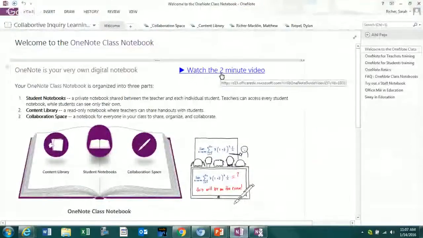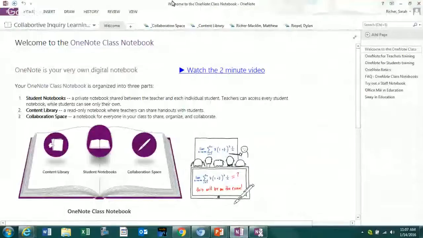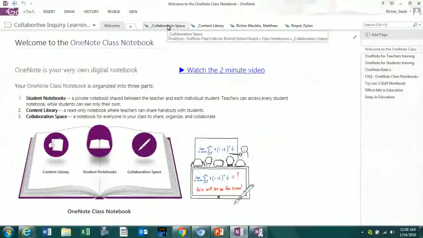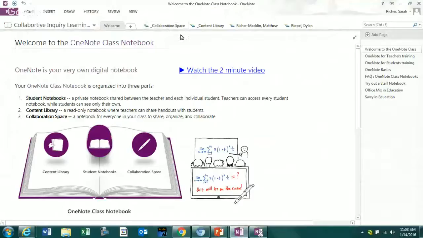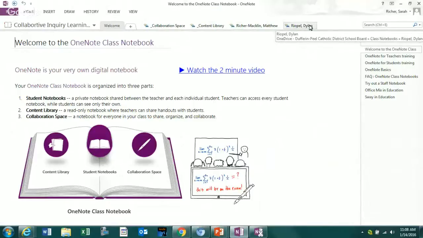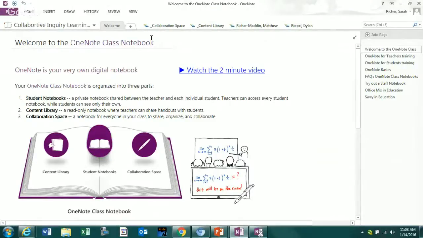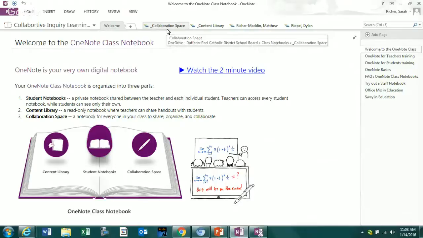It says open OneNote, and I just pressed that option, and I opened it offline. I wanted to show you it has the 3 spaces it was talking about: the collaboration space, the content library, and here you can see that 2 students are placed in it, and they're just kind of little imaginary students in there for us. And in this collaboration space,